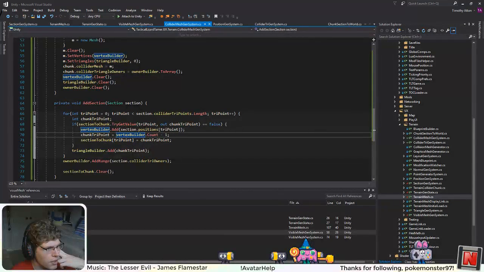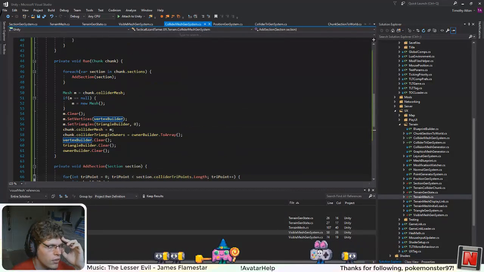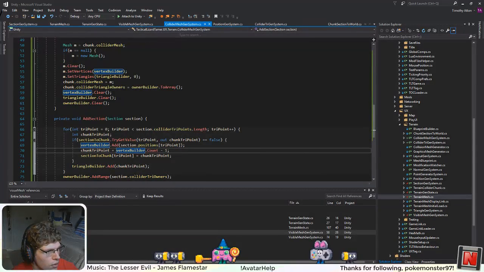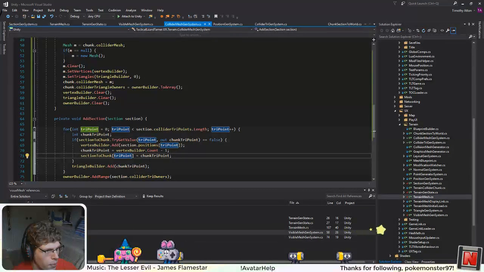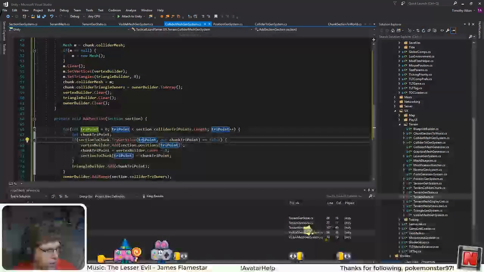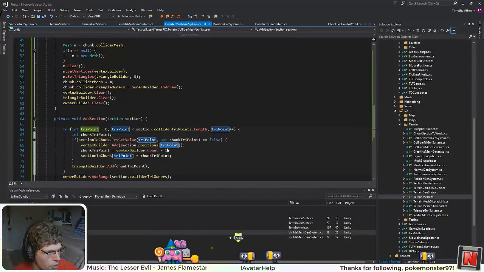Wait, just add points as needed. What could be going wrong here? I add it back in here, so it's not like I forgot to do that like I do so often. Is this wrong? Well, okay, so let's take for example if the list is empty, then we add this to position 0. So, vertex builder count gives us 1, minus 1 gives us 0, which is the position of this, so I think that's fine. And the try point